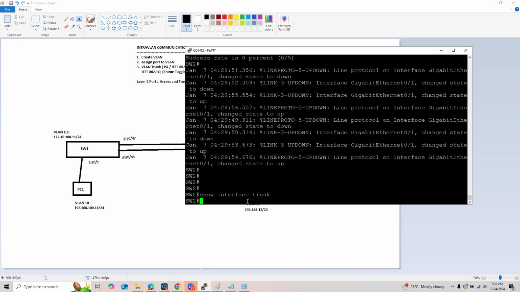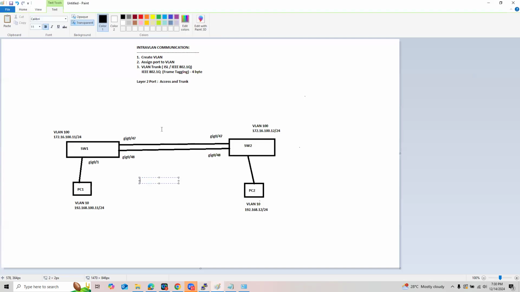Then let's continue. To resolve this issue, we're simply going to configure a trunk. I already explained last time what a trunk is and how it works, so all we need to do here is just apply it. So let's make ports 47 and 48 a trunk.